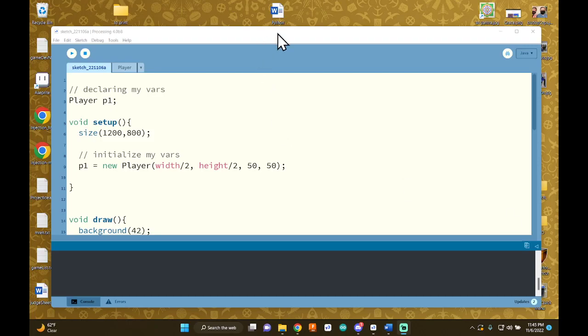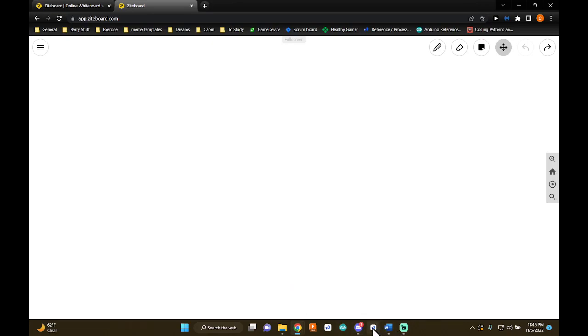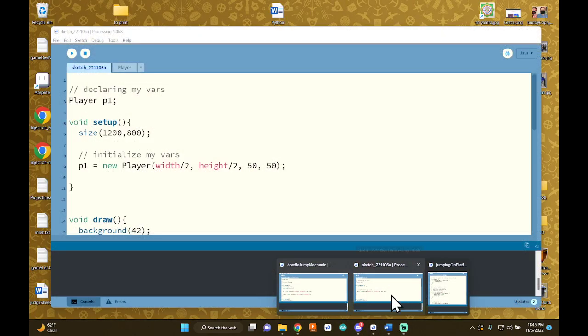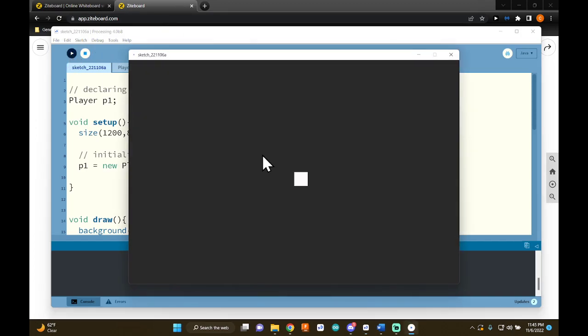Okay, so in this video, we are actually going to check out and explore how we can make a player jump. So to start off, make sure you have watched through the video going over how to make a player move left and right. So at this point in time, I already have this working, where